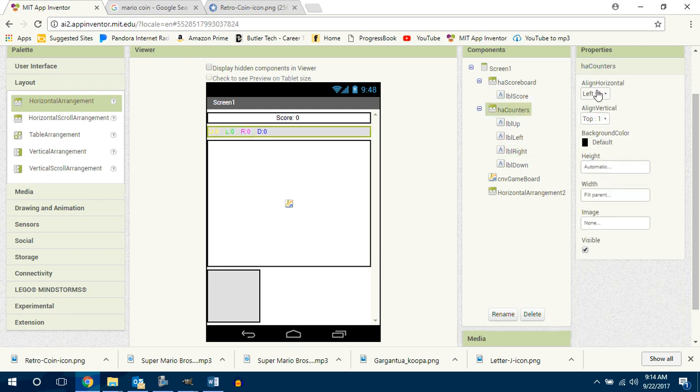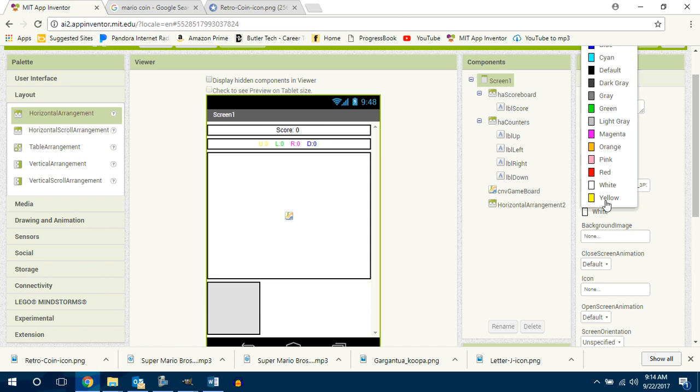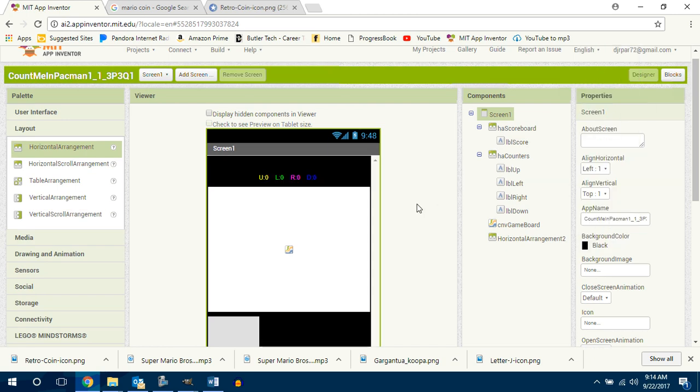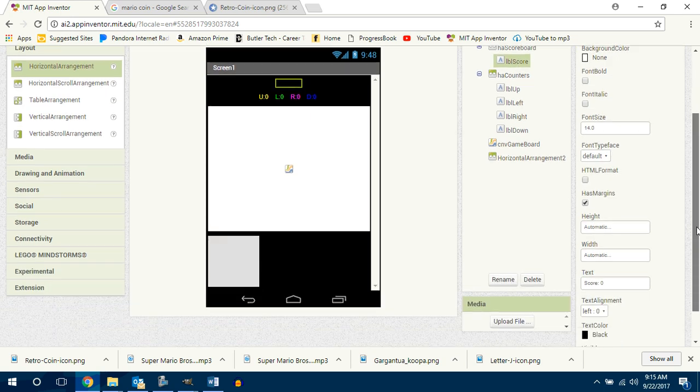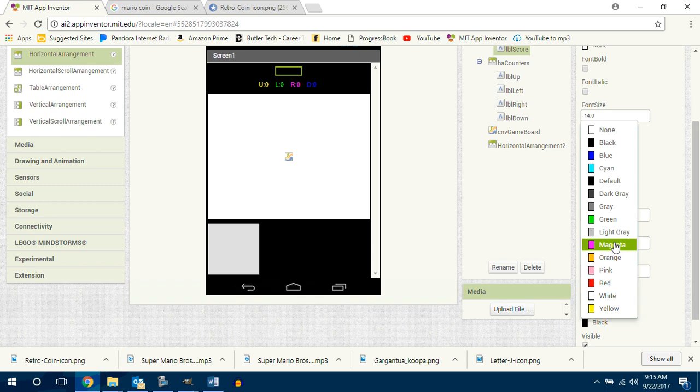Okay, HA counters, center, background color. Background color is none. Okay. Well, can you guys see this better if I go background color is black? Okay. Yeah, now you can't see score. All right, so let's go get score. Let's go give score